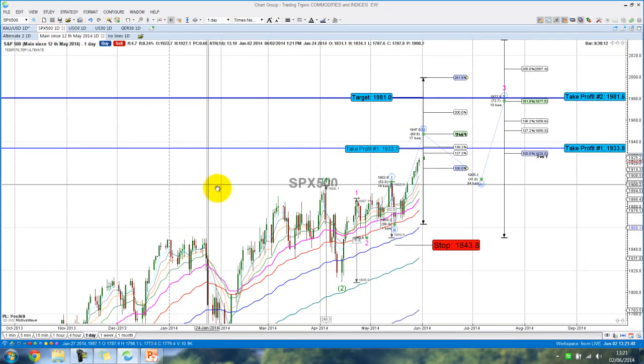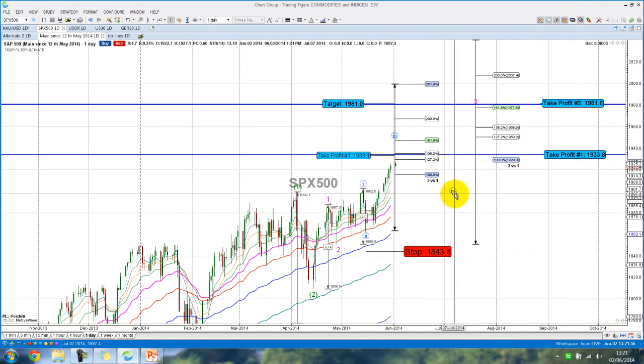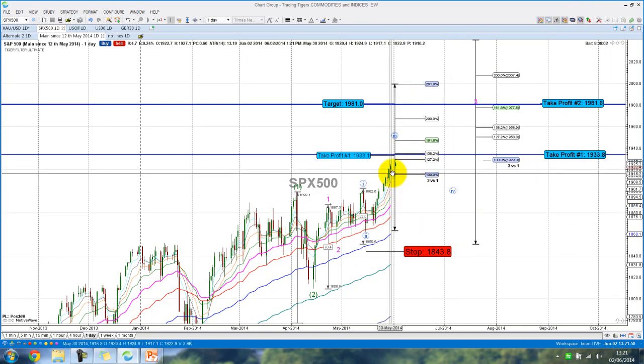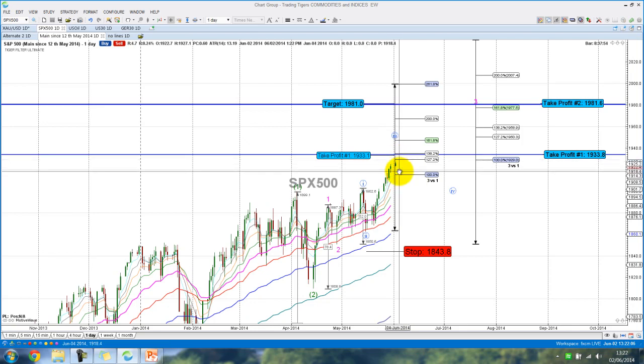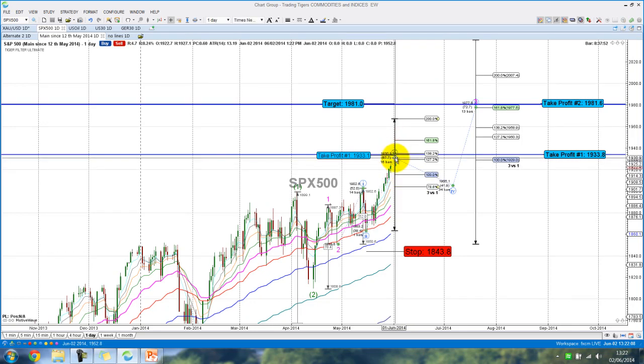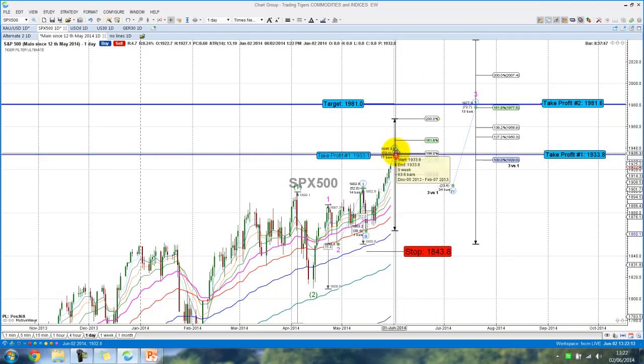Right, SPX 500, we were lucky, we hit our targets recently, so that's something very positive for us. Now what we're going to expect, price is at the 127 level. We'll probably expect some exhaustions to happen right now, right? So we're going to have to wait and see exactly what's going to happen with this current price right now. We're going to then expect, if price is going to finish here at the 138 level or even at the 127 level, what we can do now, we can map in our potential